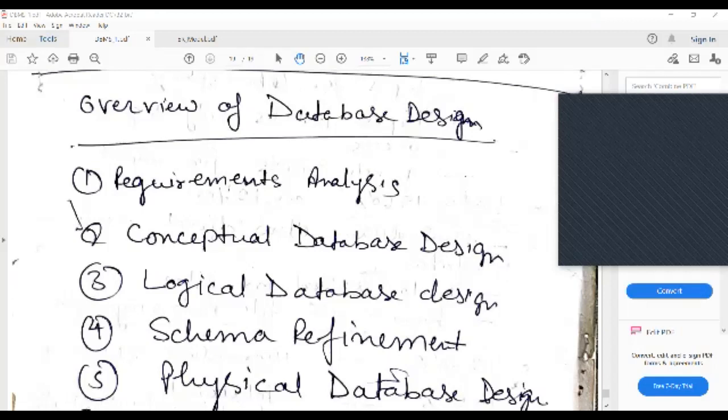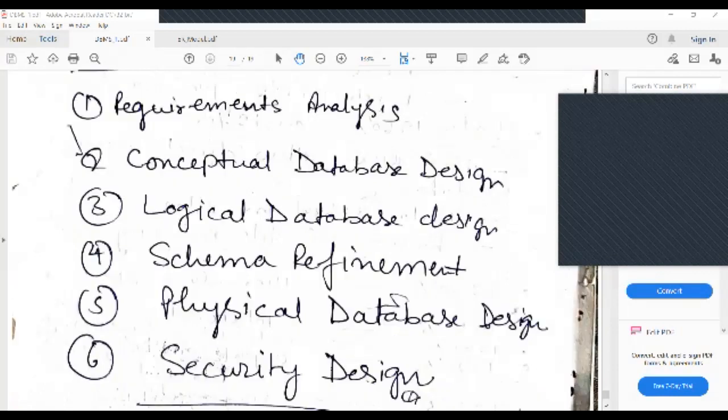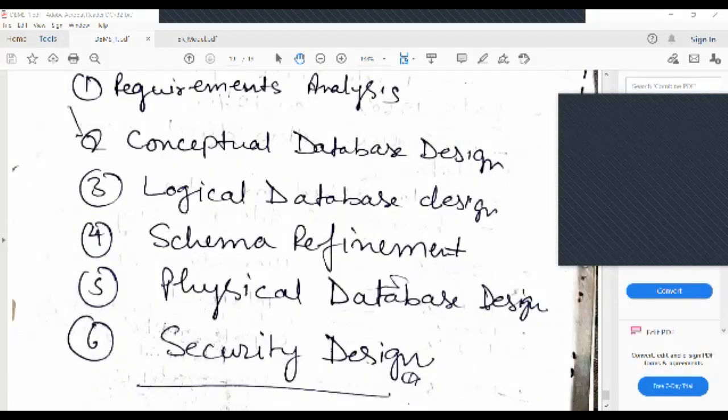ठीक है. So here just see, you are going to learn the conceptual database design, that is the ER model. Then you will convert that ER model to the corresponding table. Then you will do the schema refinement in the form of normalization. ठीक है, ऐसे होता है. Then physical database design, that is the part of your DBA. I mean, which kind of data structure you should use, what are the various kinds of indexing you are going to use. So this is not part of your syllabus.